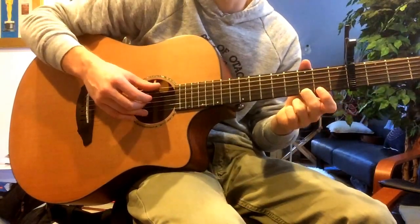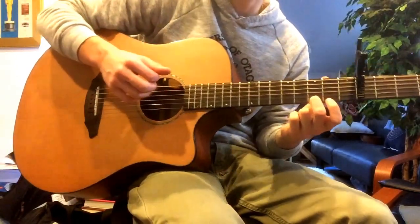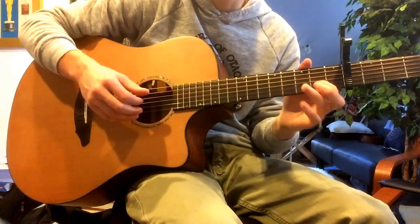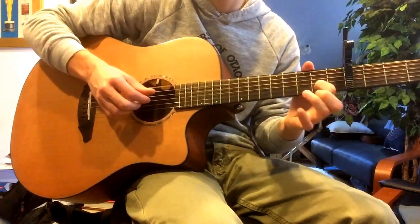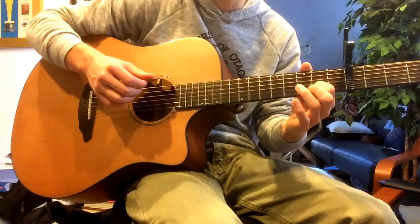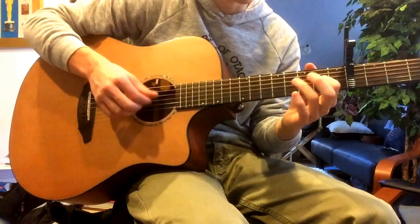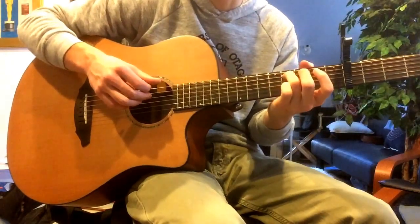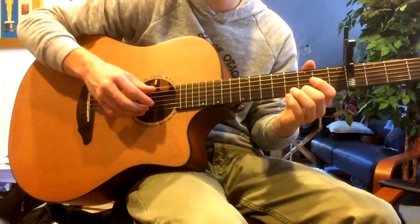So you start off by playing the low 6th string, open 6, 7th fret of the 1st string, pull off, 8 to 6 on the 2nd string, pull off, and then open 3rd, and then open 2nd, hammer onto the 6th, pull off, and now you're going to do 8, 6, open, 8, 6, open from the 3rd to the 4th string, and then 8th fret on the 5th string, open 4th. Okay, so altogether it's...